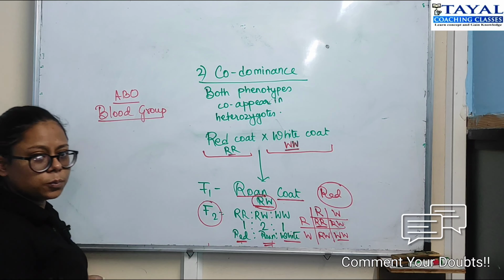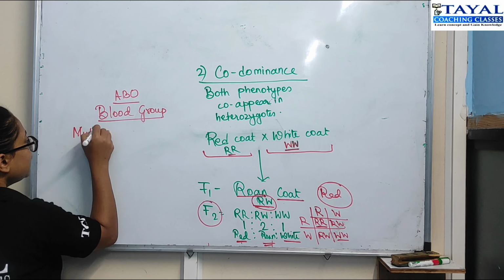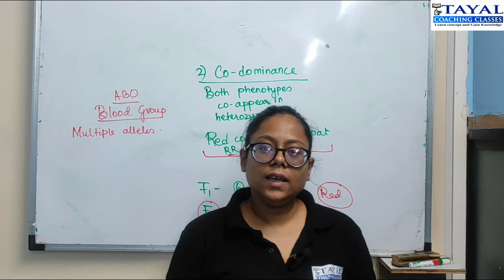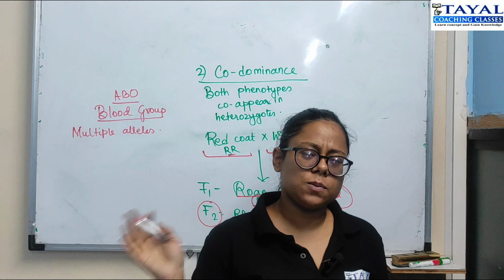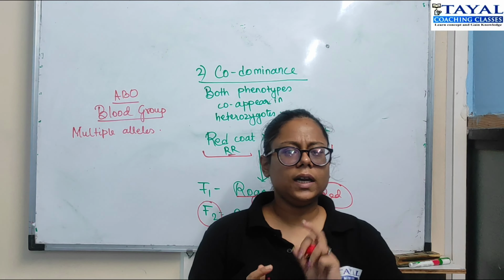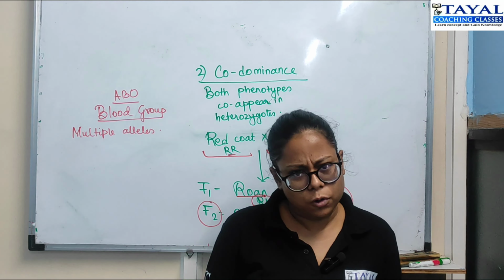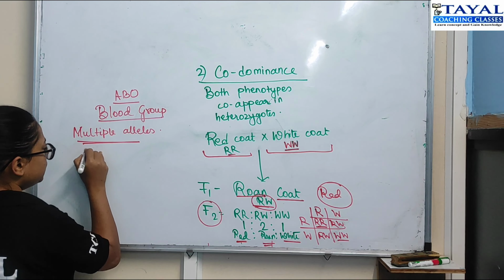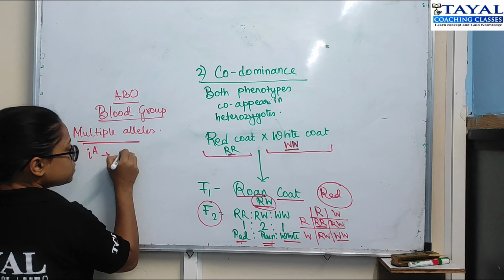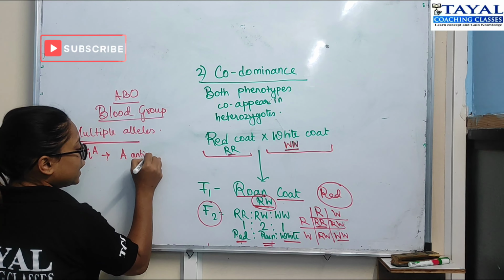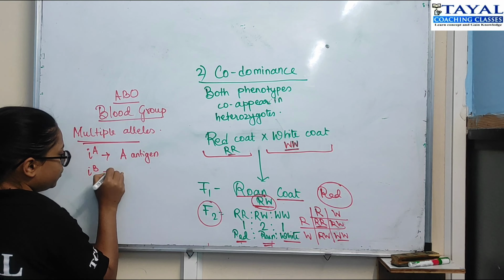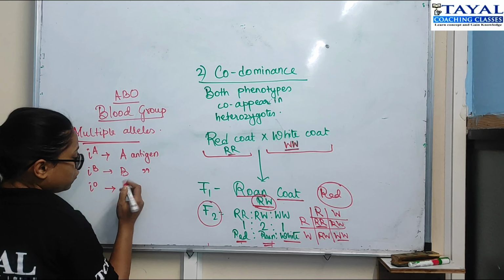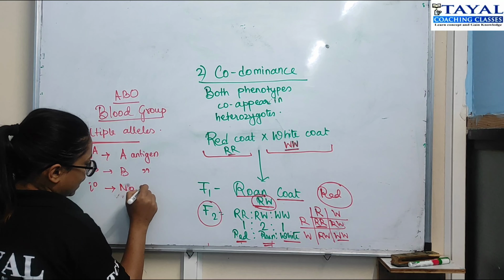In our ABO blood group, there is the concept of multiple allelic inheritance, so multiple alleles. As I have told you before, for any given gene there can be numerous alleles, but in a diploid organism only two alleles can be present because there are only two chromosomes. However, in our blood grouping system we have three possible alleles: the IA allele, which is responsible for the presentation of A antigen and hence the A blood group; the IB allele, presentation of B antigen and hence the B blood group; and the IO allele, for the presentation of no antigen actually,